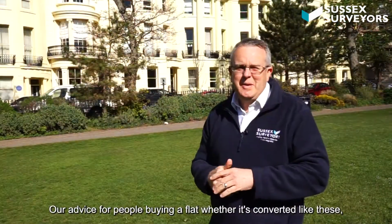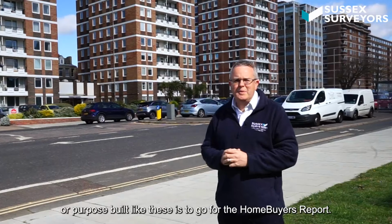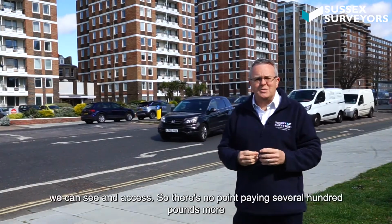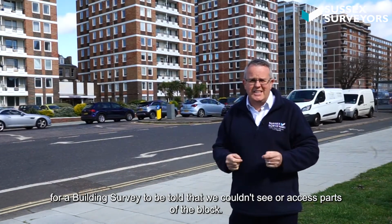So which survey should you choose? Our advice for people buying a flat, whether it's converted like these or purpose-built like these, is to go for the HomeBuyers Report. This is because we're often restricted as to what parts of the block we can see and access, so there's no point paying several £100s more for a building survey to be told that we couldn't see or access parts